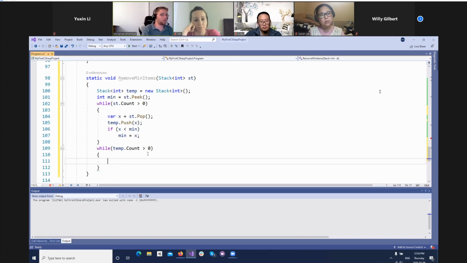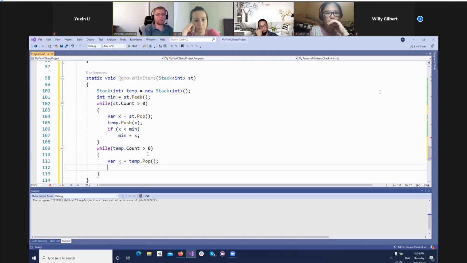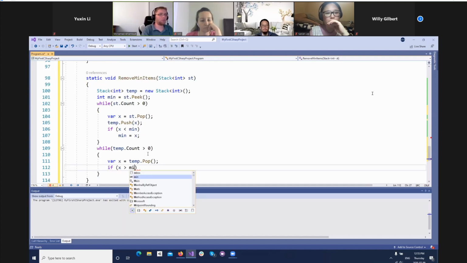So var x equals temp.pop. Now I have two cases. I took the x from the temp. Now, if it's not equal to the minimum, then I need to put it back in the original one. If this x is bigger than the minimum,